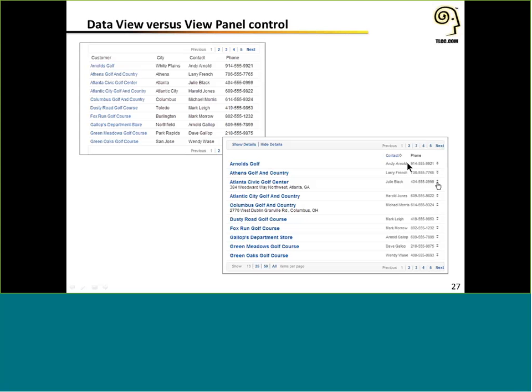Another thing that stands out about the data view, and this is, in my opinion, the most important feature of it, is that you can see some of these rows here have some extra text below them. And there's this set of arrow icons off to the right here that allow you to expand and collapse content underneath the summary. And the data view calls that the detail section. And fortunately, this uses a facet, so you can customize it. There's a lot of flexibility that you can do with it.